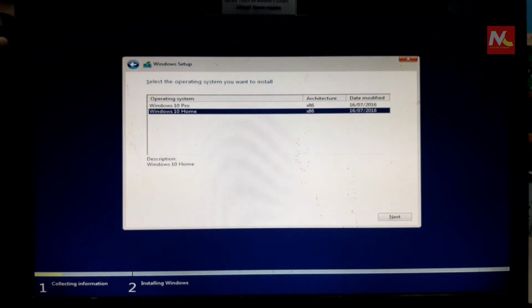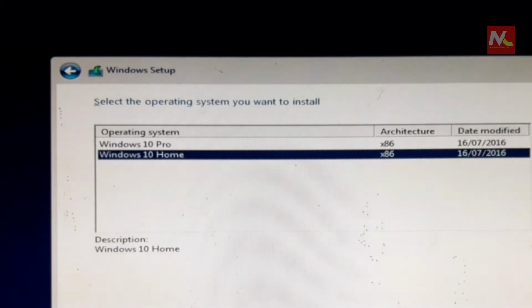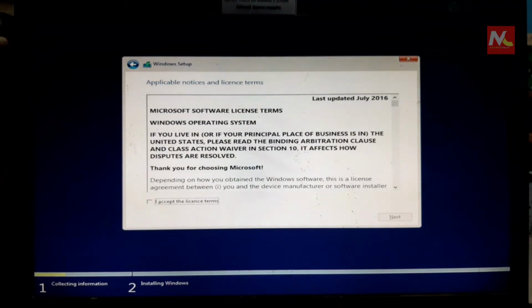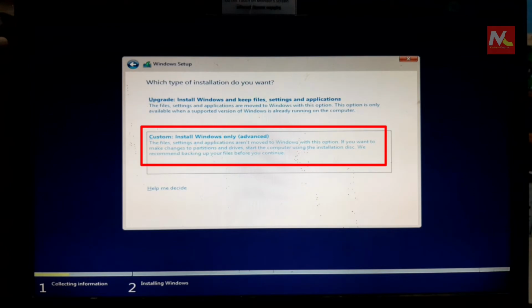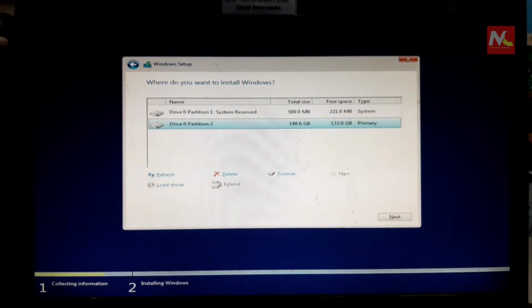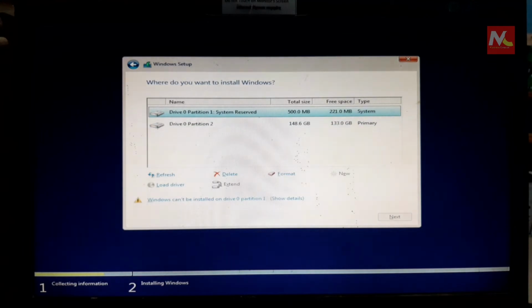and here I'm going to choose Windows 10 Home and press enter. Now I'm going to tick I accept the license terms, and I'm going to click on next, and I'm going to choose custom install, and here now I'm going to delete partition 1 first,